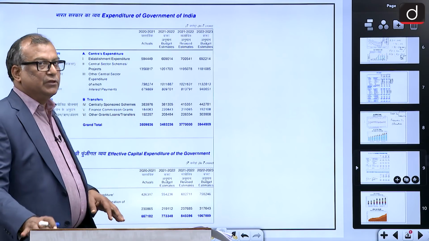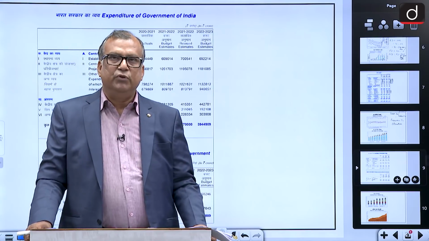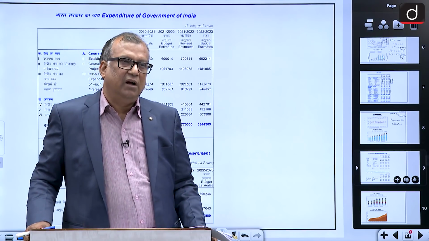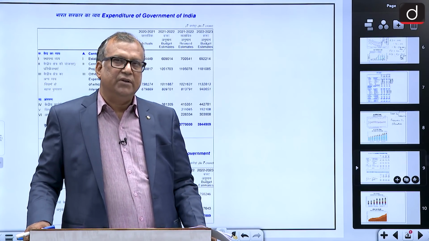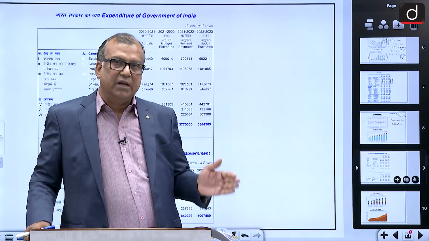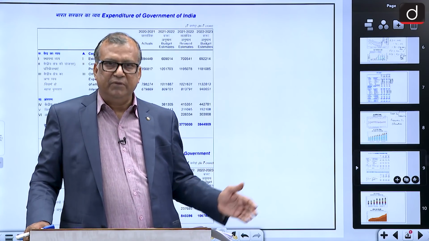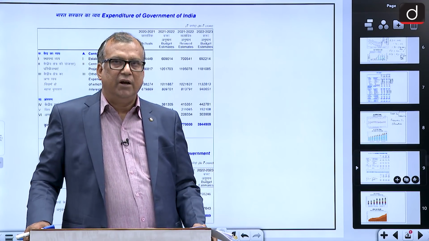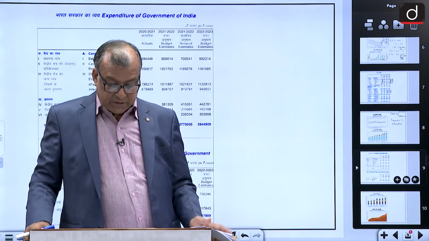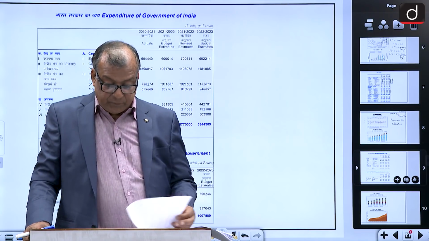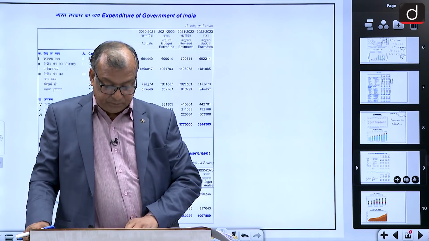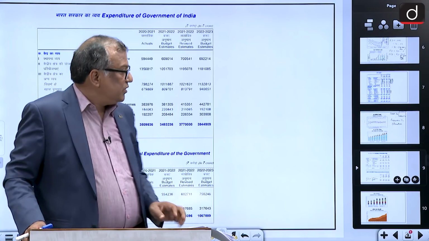Capital expenditure is also a kind of expenditure which the finance minister has made a very emphatic claim about, that in recent years capital expenditure of the central government is growing much faster than in previous period, and due to this growing central capital expenditure, the economy is likely to benefit. We have to just understand that